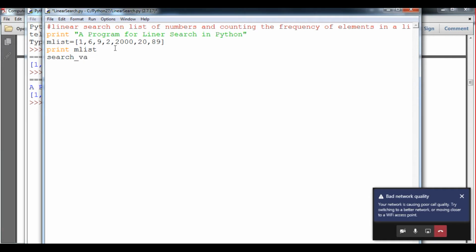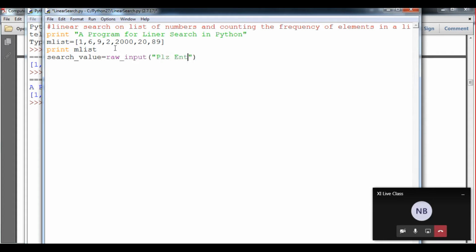In this I will use raw input, and I will say to the user, please enter a value for searching.